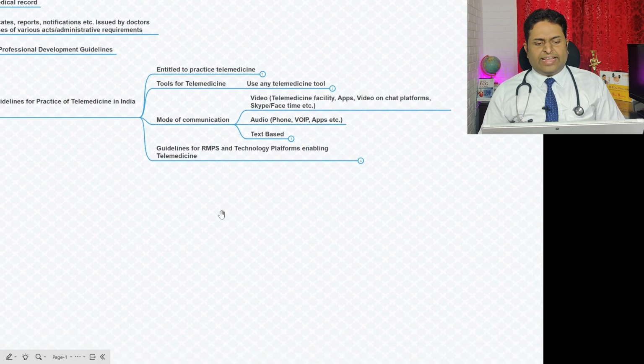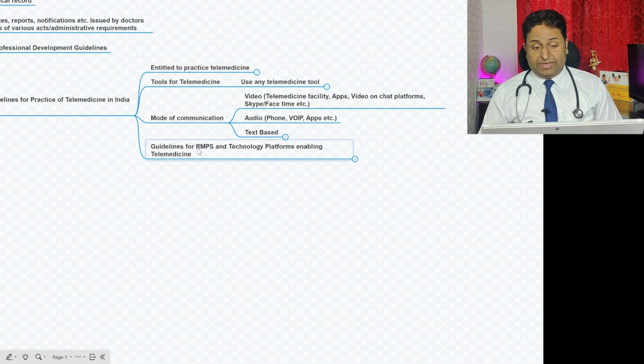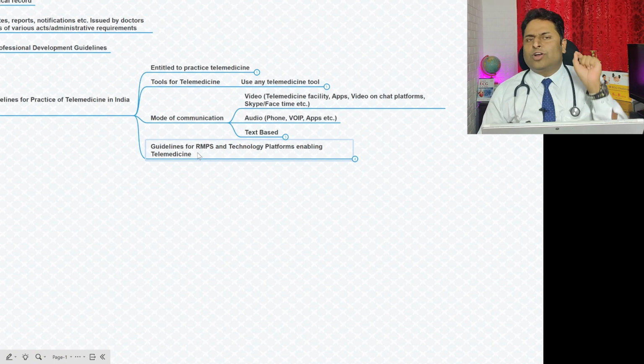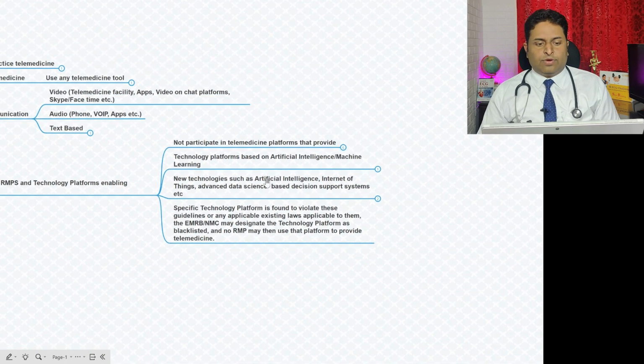Okay, so next are the guidelines for RMPs, registered medical practitioners, and telemedicine platforms enabling telemedicine. The NMC has told these telemedicine platforms the do's and don'ts. Very important.